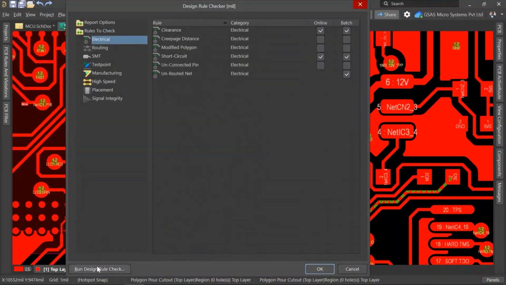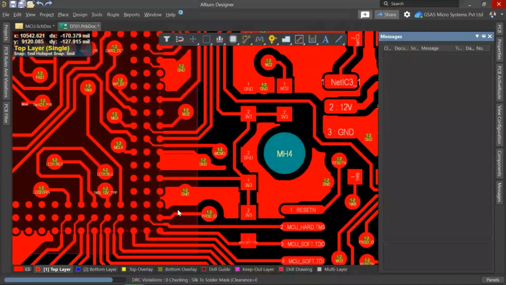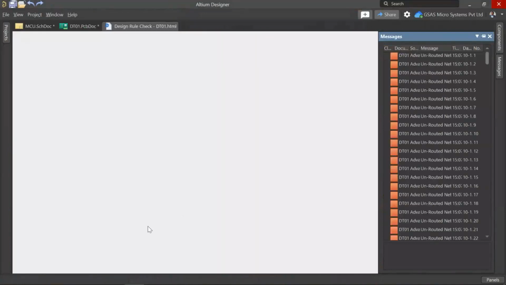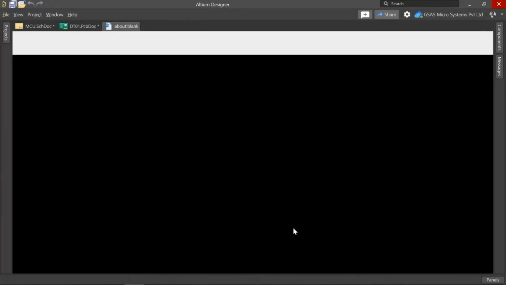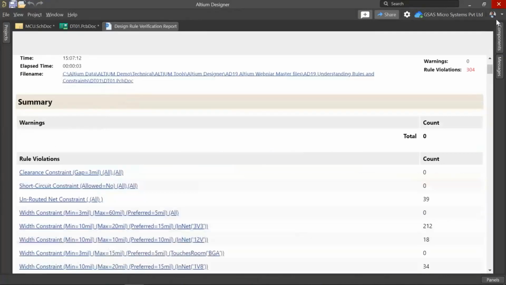If you click on Run Design Rule Check, it will run the DRC and give a report showing where it has violations, how many violations it found, and where the exact violation is. We have a detailed report of your design errors. This also will help you showcase that your design met your initial requirements. You can see we have got 304 violations.